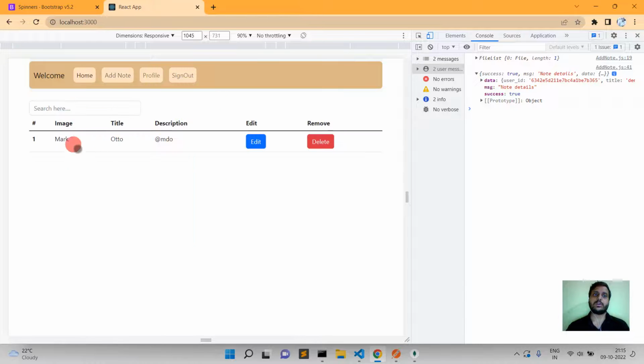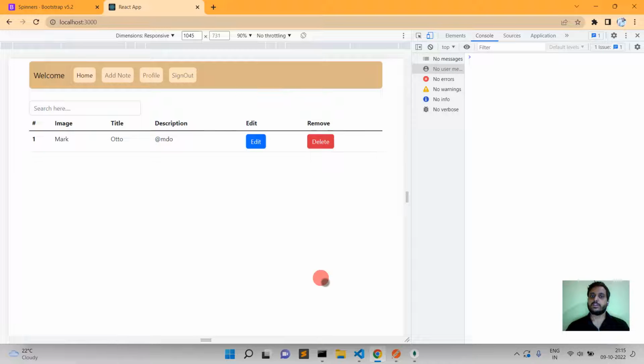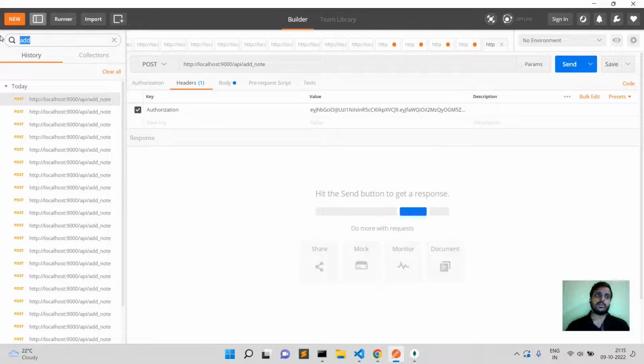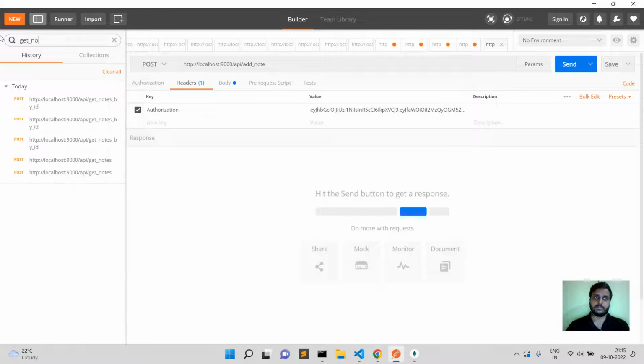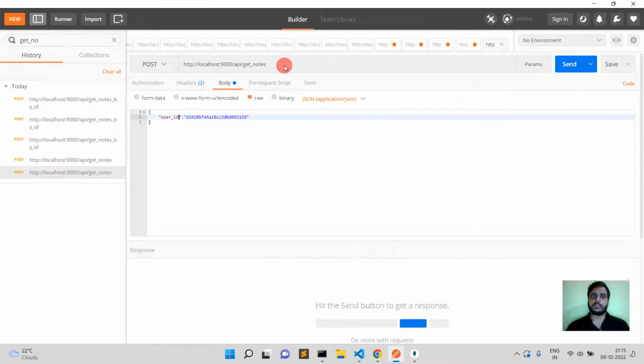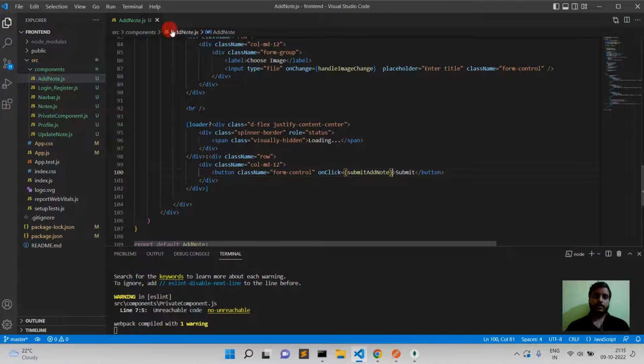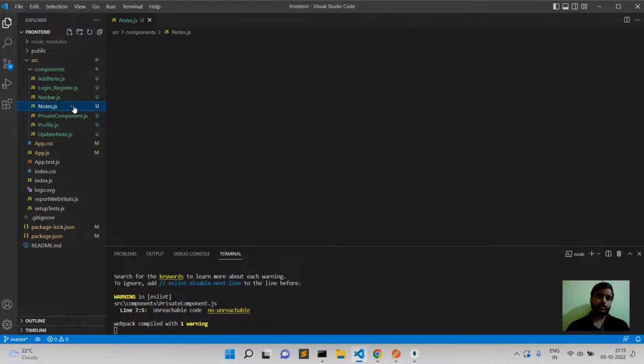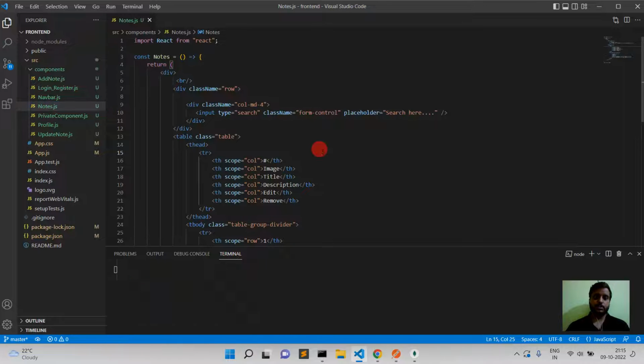Now I'm going to work on this table to fetch all the nodes related to the user ID. Now I'm going on first one and search get nodes, only get nodes. Okay, with the help of this API we will fetch all the nodes. Go to nodes.js here,